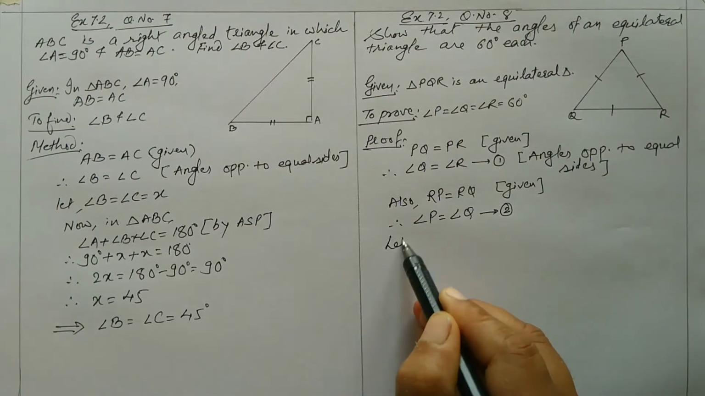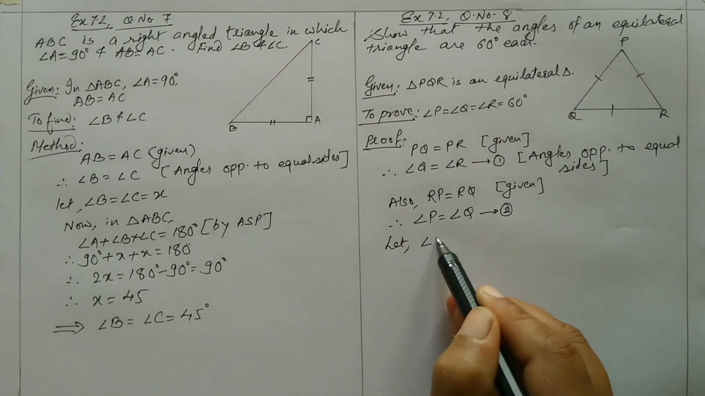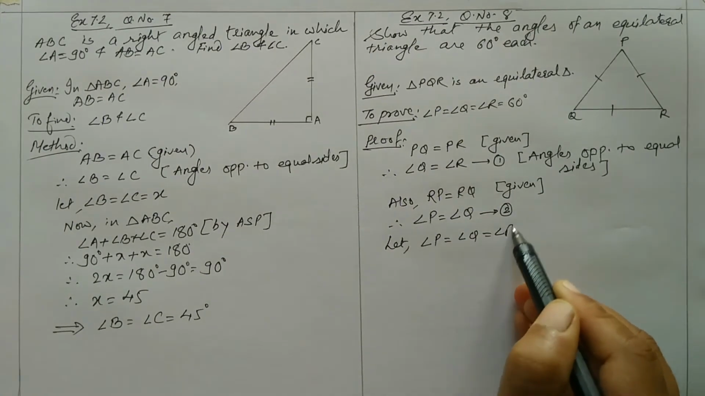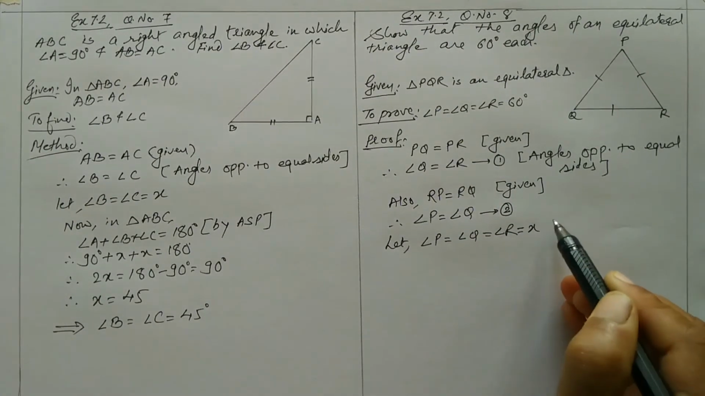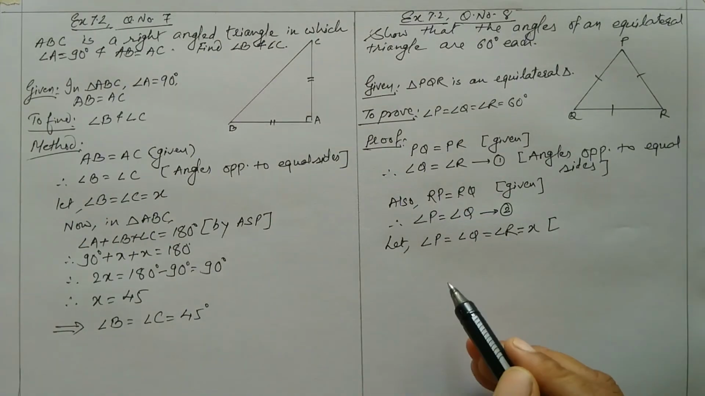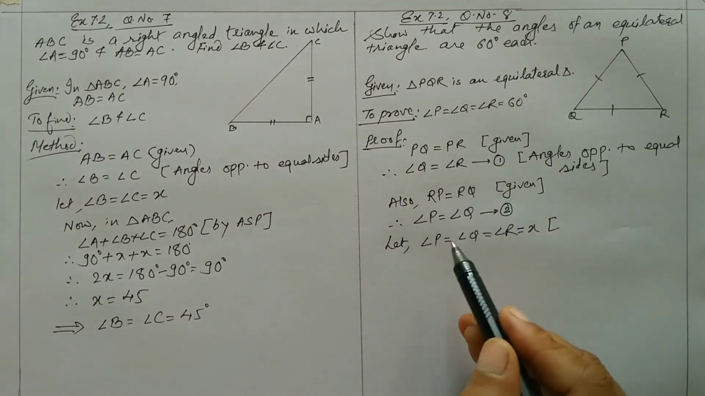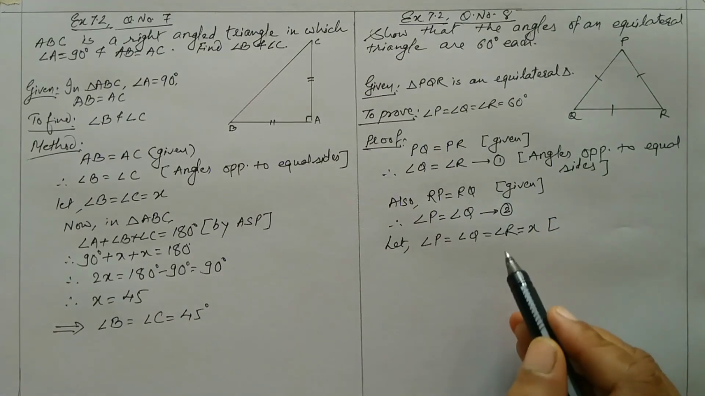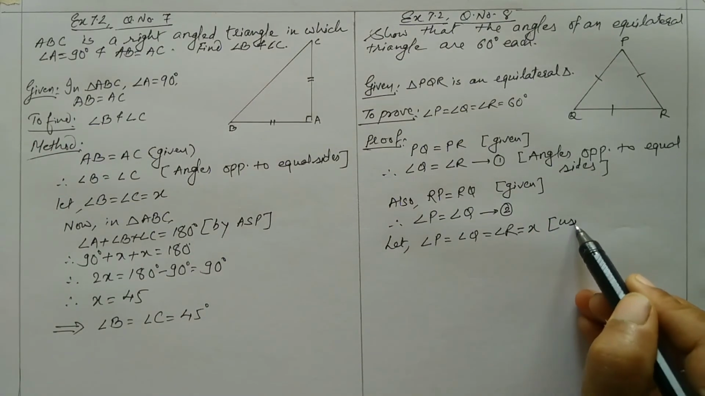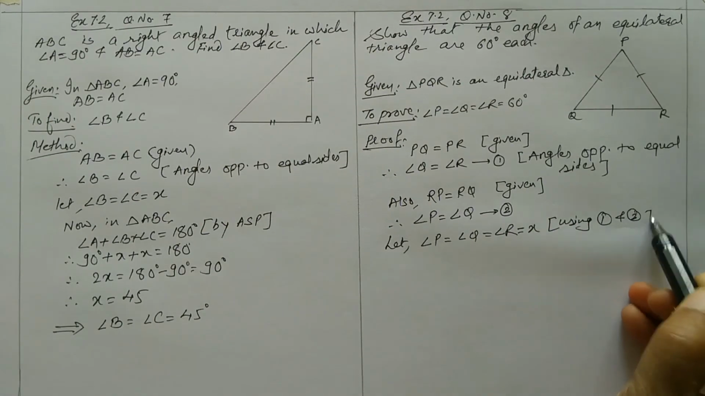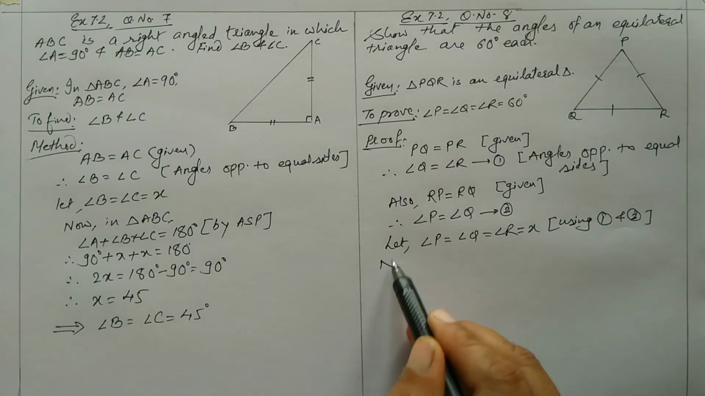Let angle P is equal to Q is equal to R is equal to X. Why these angles are equal? You can see result number 1 and 2. P is equal to Q and Q is equal to R. Therefore P, Q, R all are equal. So I will write here using 1 and 2. Okay, now